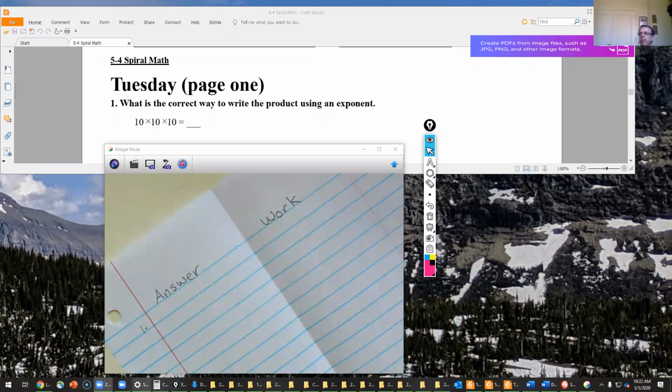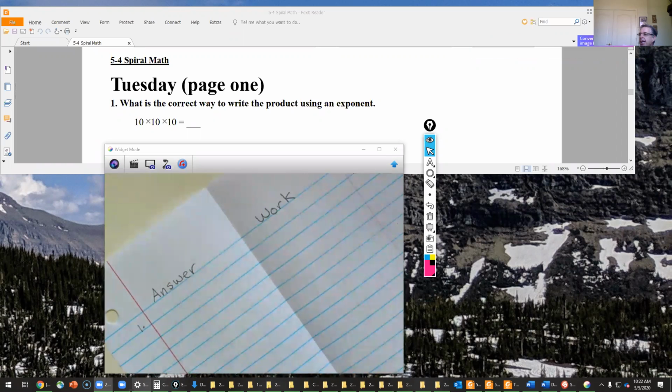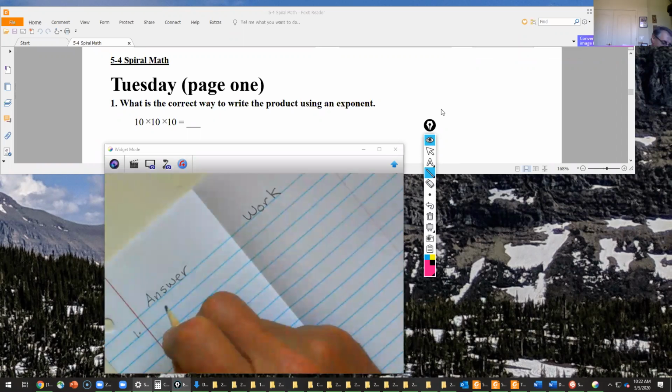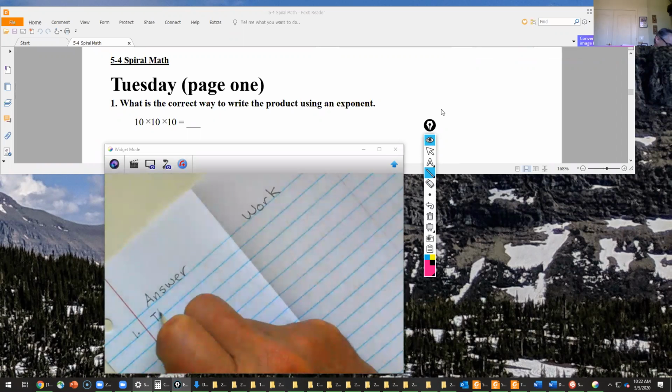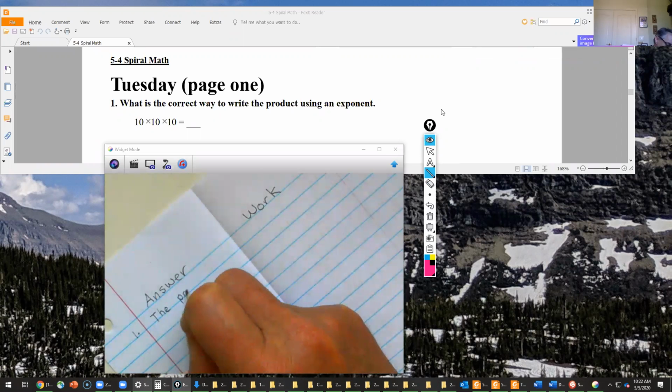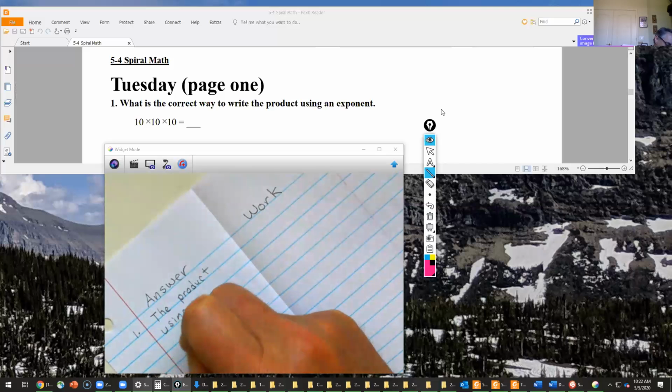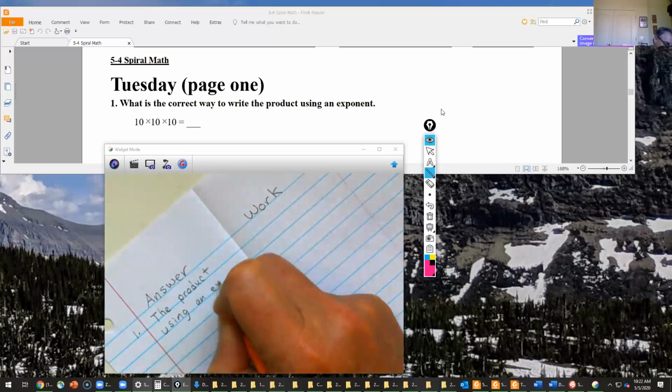Let's take a look at number one. First of all, I have my answer on this side, I'm going to work on this side, and I'm ready to go. What is the correct way to write the product using an exponent? I'm just going to write here the product using an exponent